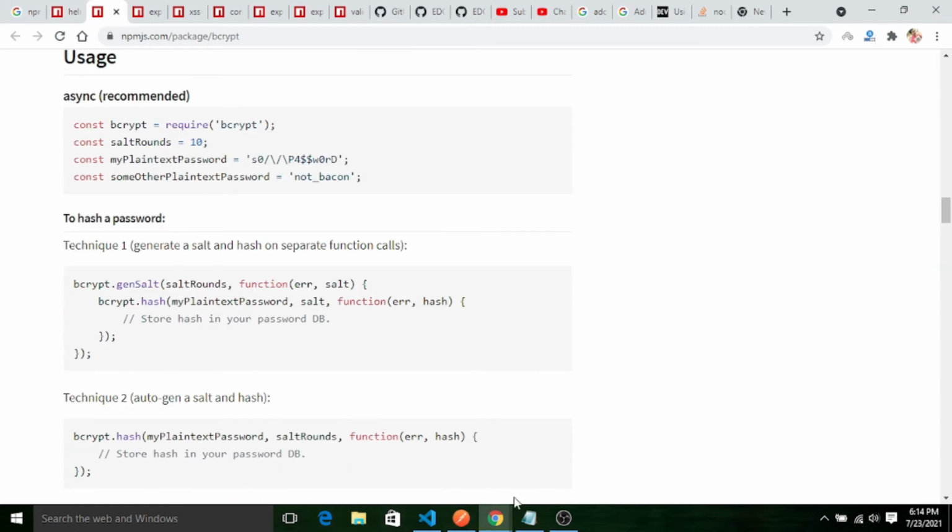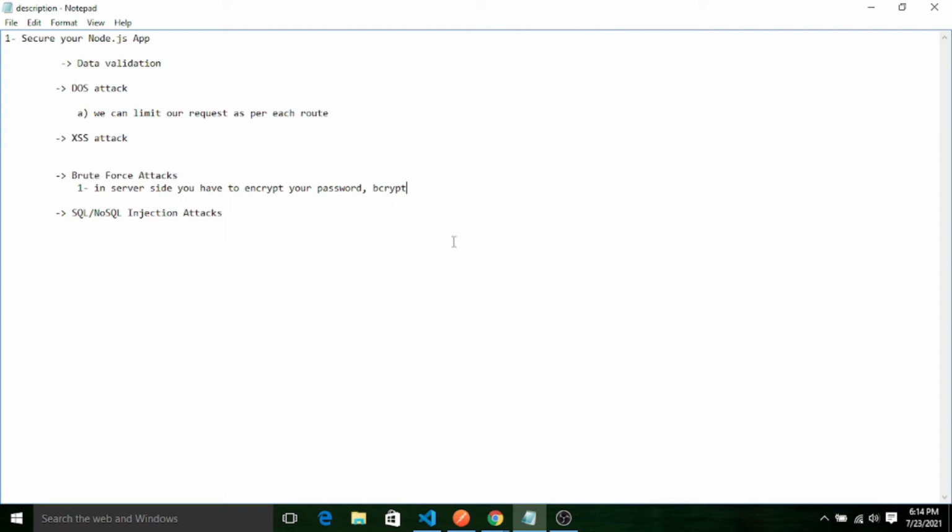Second point, you have to put in proper validation before validating with the database.